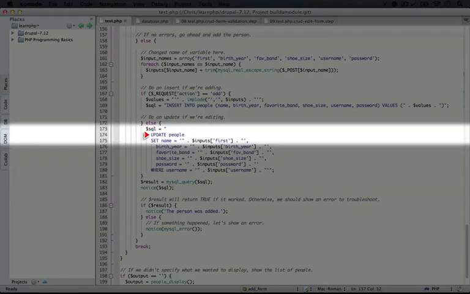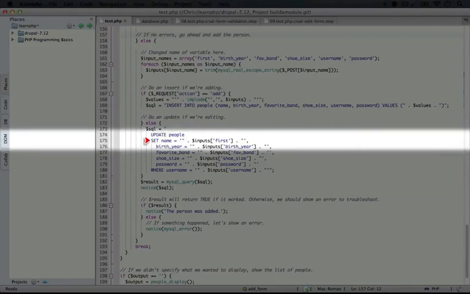So again, our structure is update, and then the name of the table that we're going to update. And then we set the values that we're going to update. So this is a set of key value pairs. The key is going to be the name of the field. The value is going to be the value that we have cleaned up already from our form.